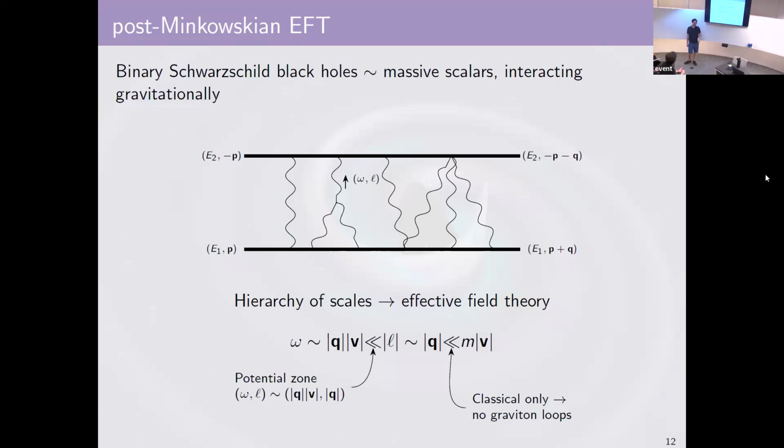But we have this nice hierarchy of scales. Especially for the lowest order stuff that we care about, we're going to be caring about some potential zone where the energy of the interacting gravitons is very small. That is, they're potential gravitons. They're essentially instantaneous. And then also we're going to care about some classical-only expansion, because if we are not careful, we might accidentally allow quantum effects in. But for those of you who remember back to QFT, what's the rule of thumb for making sure you don't have quantum effects when you're doing Feynman diagrams?